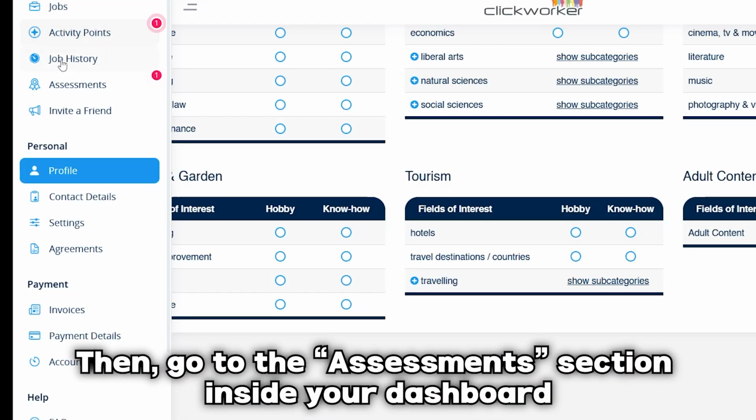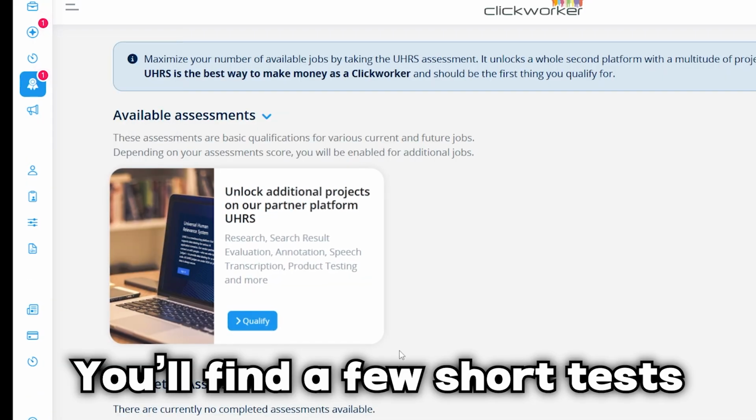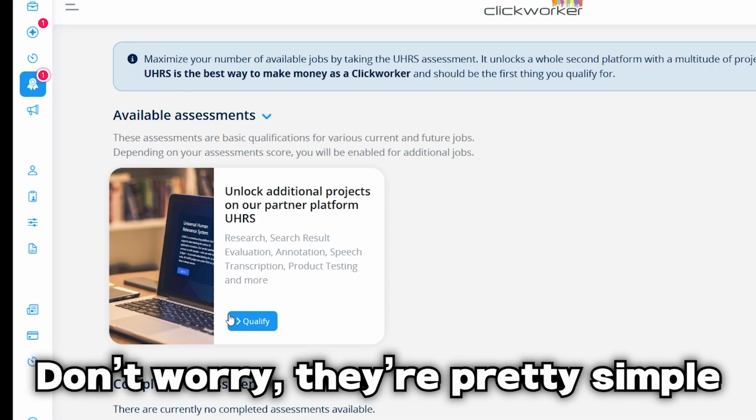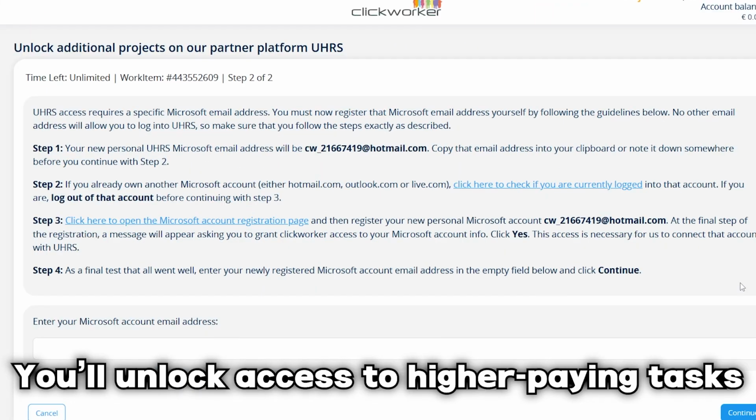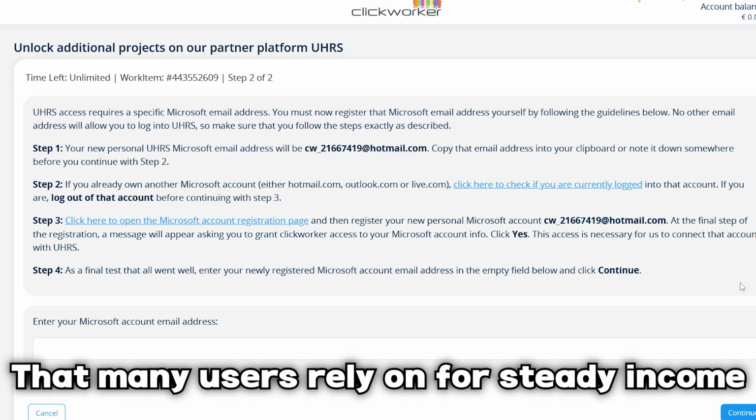Then, go to the assessments section inside your dashboard. You'll find a few short tests. Don't worry, they're pretty simple. Once you pass them, especially the Busigg qualification test, you'll unlock access to higher paying tasks that many users rely